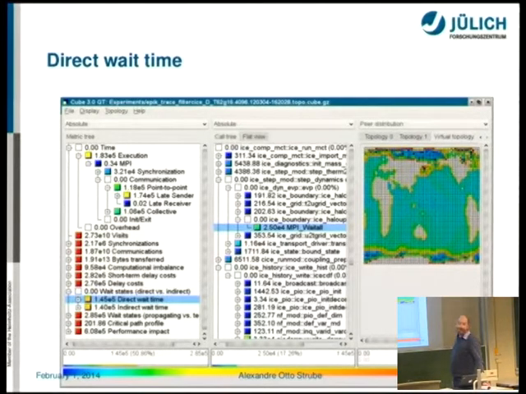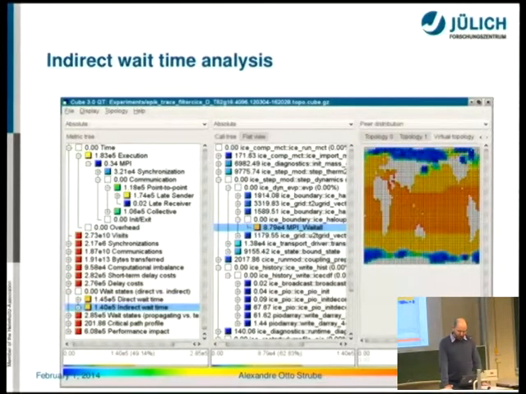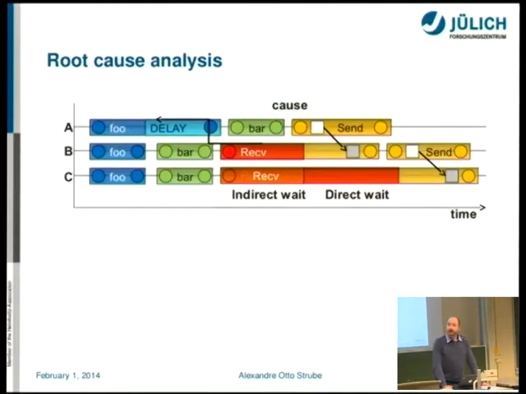In this case, the example is sea ice, a code from another research group. You see the direct waiting time: you have a lot around the Antarctic and Arctic regions and on the coast, and little to no time on the sea. On the other hand, as you're not measuring any sea ice in the tropical part, you have a lot of indirect waiting time.